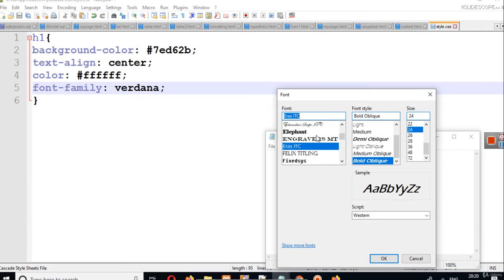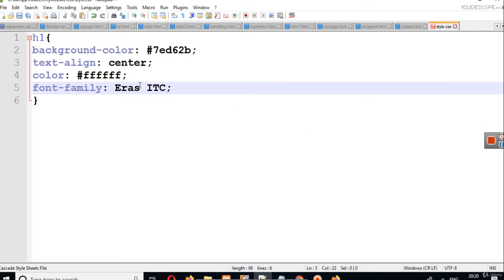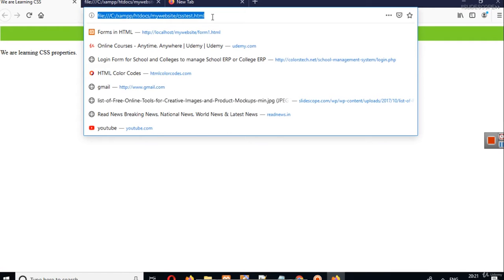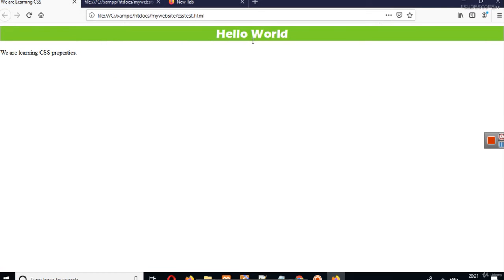So let's say we want to make it this font here, so you can copy the name from Notepad and paste it here, or if you remember the names of fonts, that's best, you can also search it on Google. Now you can see that the font is changed.